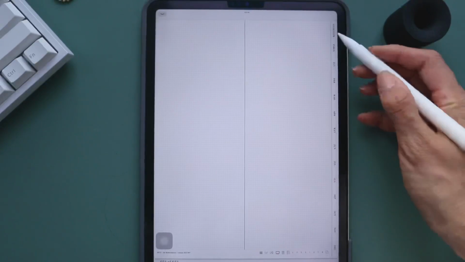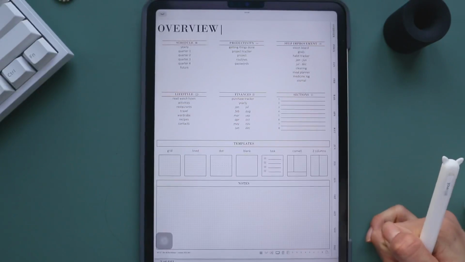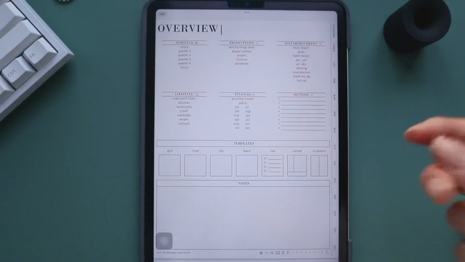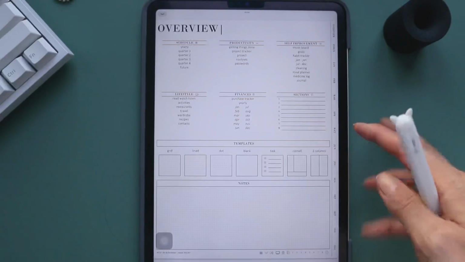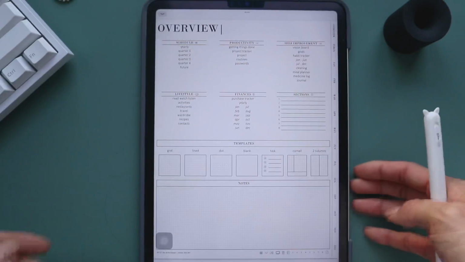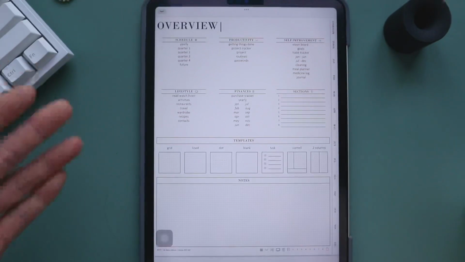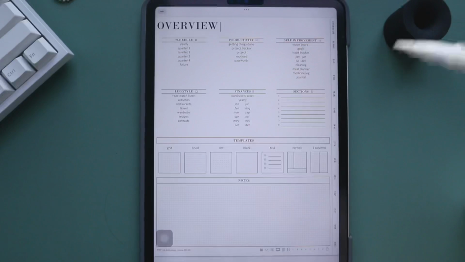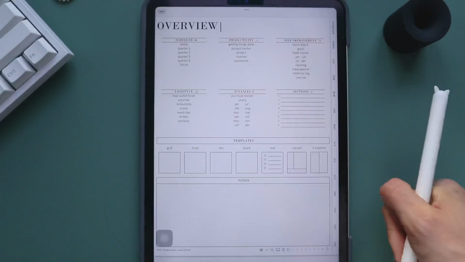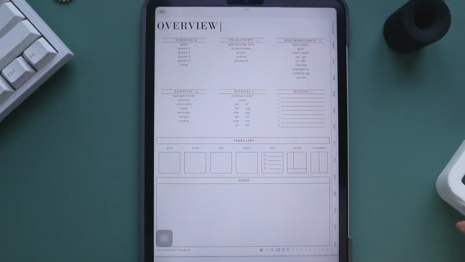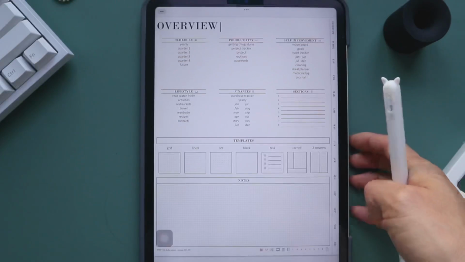So that's pretty much the overview of the planner. I've tried to make it really functional, really easy to use, having everything linked, but not overly complex, so that if you are a beginner and you're so overwhelmed that you don't know what to do or where to begin, hopefully that shows through if you guys are interested in the planner or have already purchased it